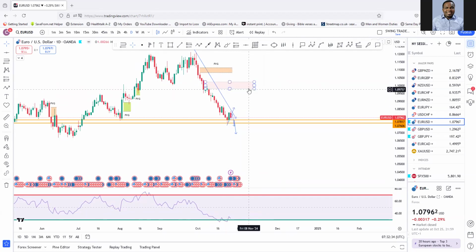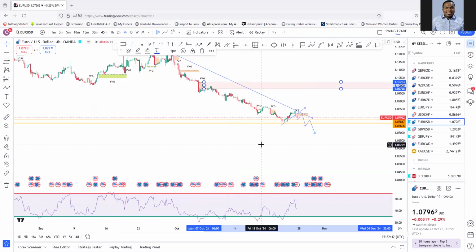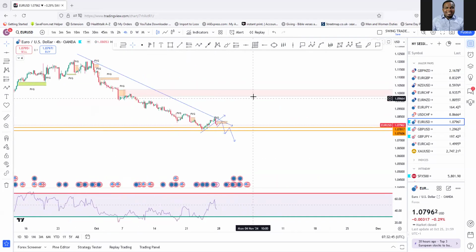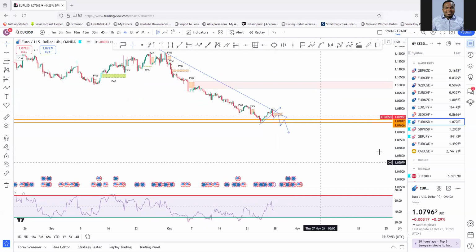And if it pulls back up, we should be expecting this area on the 4 hour as a potential reversal key level, which is where we have the fair value gap. When we have that, we should look for more sells. So price will have more momentum to sell and then continue to the downside. But as for now, that's all I have to